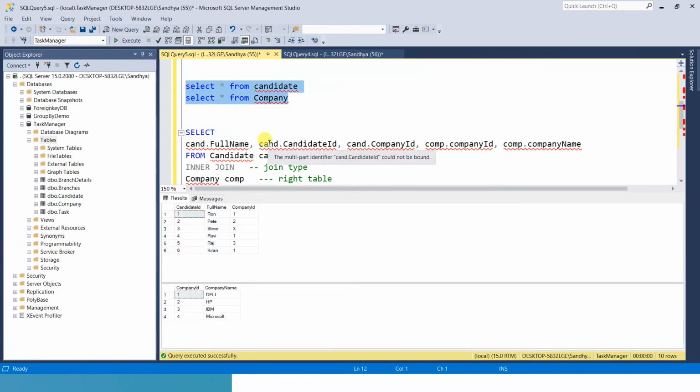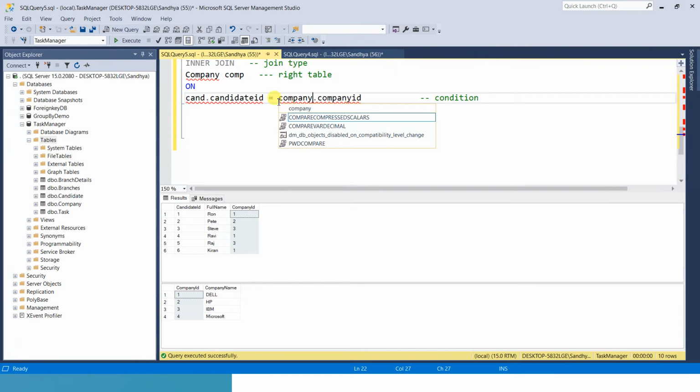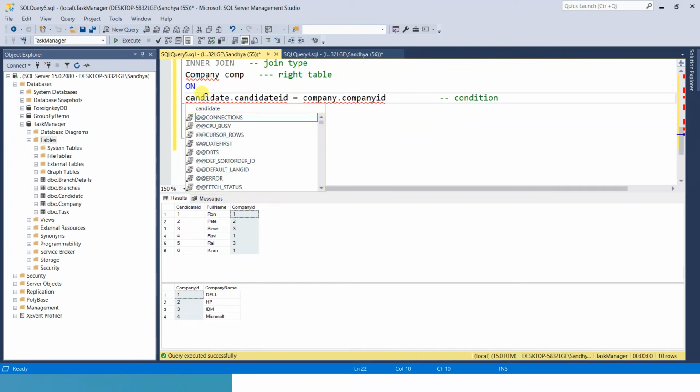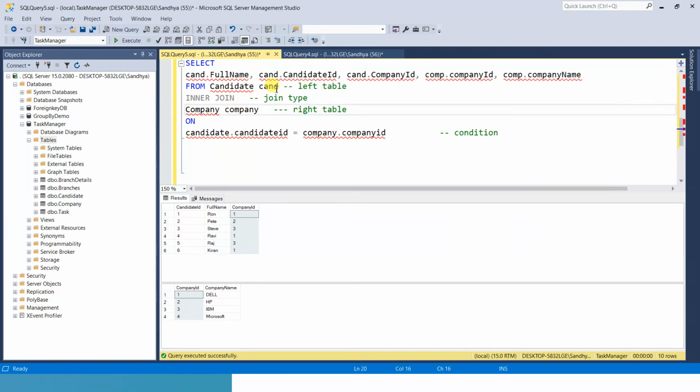So if you see both of the tables here, what I am doing is joining with the company ID column. Here I have company ID, so comp dot company ID, where comp is nothing but the company table. If I mention company here, that is fine. You have to mention the full name, company, and for a shortcut you will mention candidate. So candidate dot candidate ID, which is this column, and company dot company ID, which is this column. So it will create a join with similar or same value records.